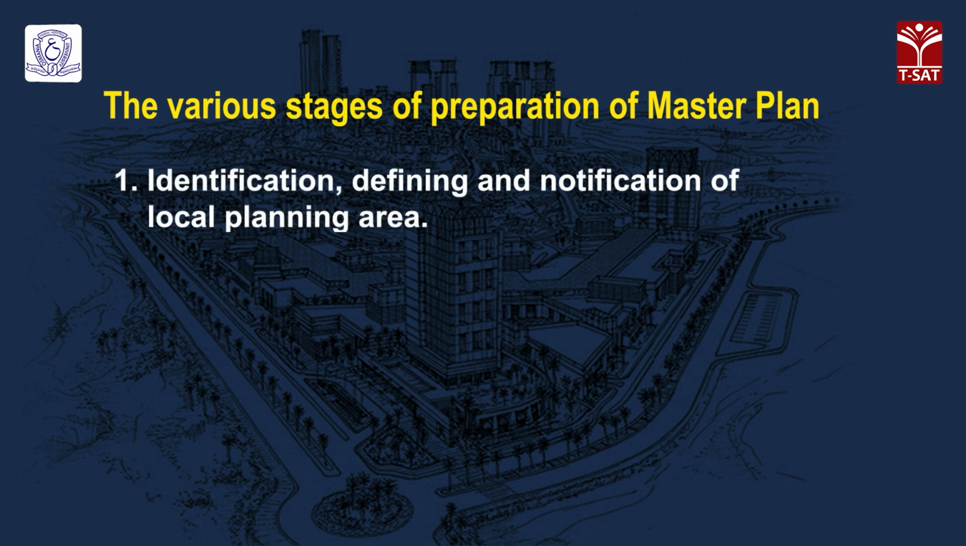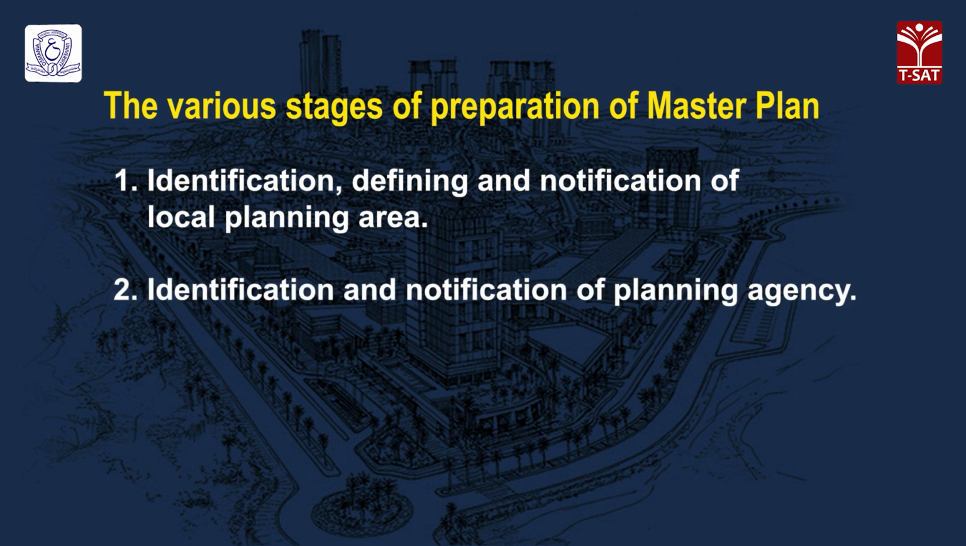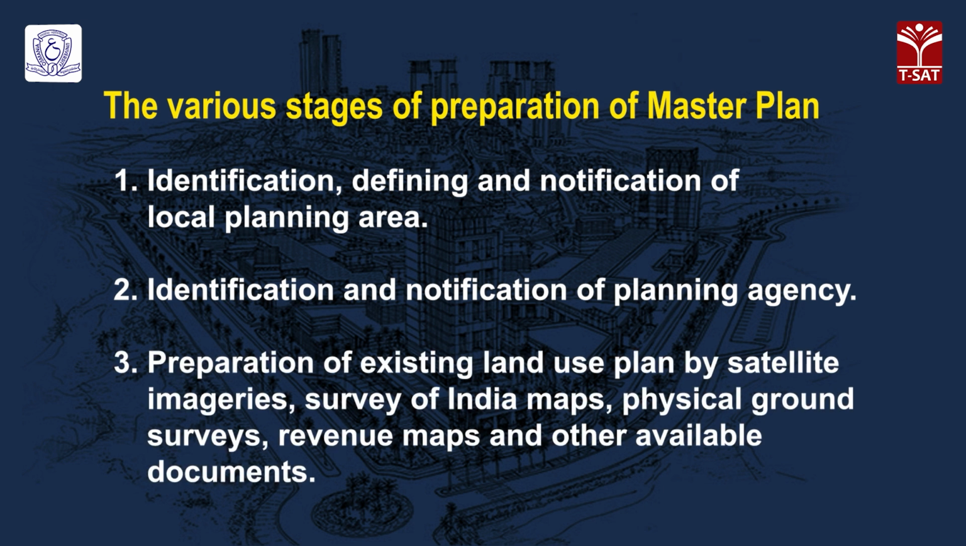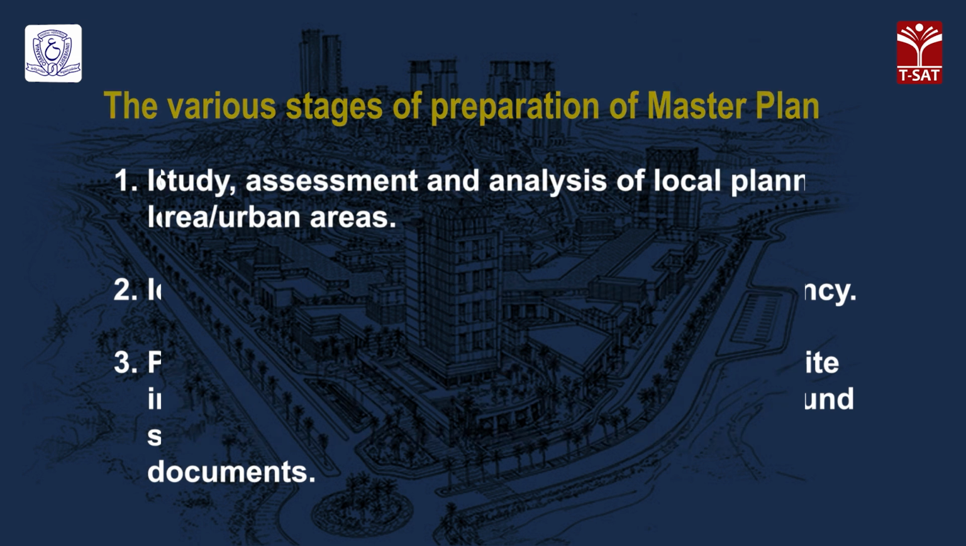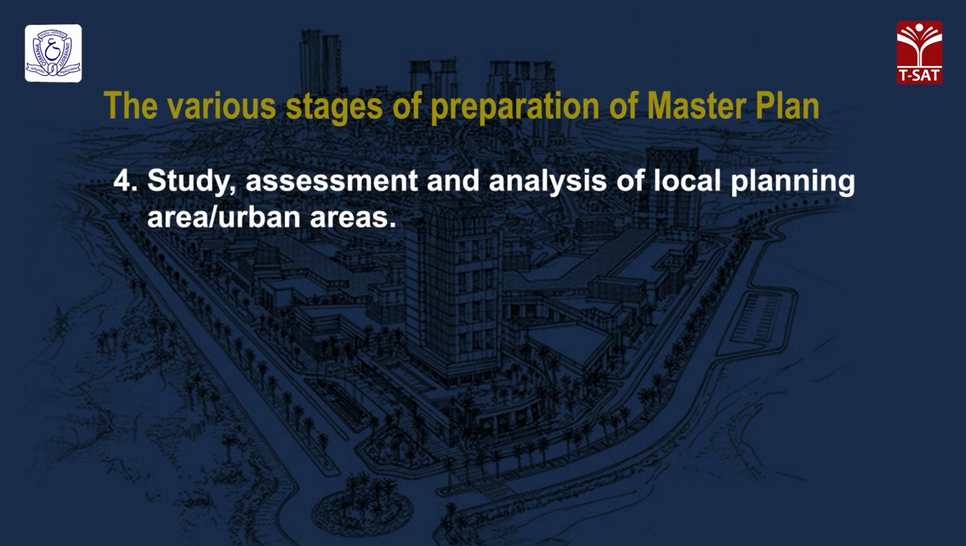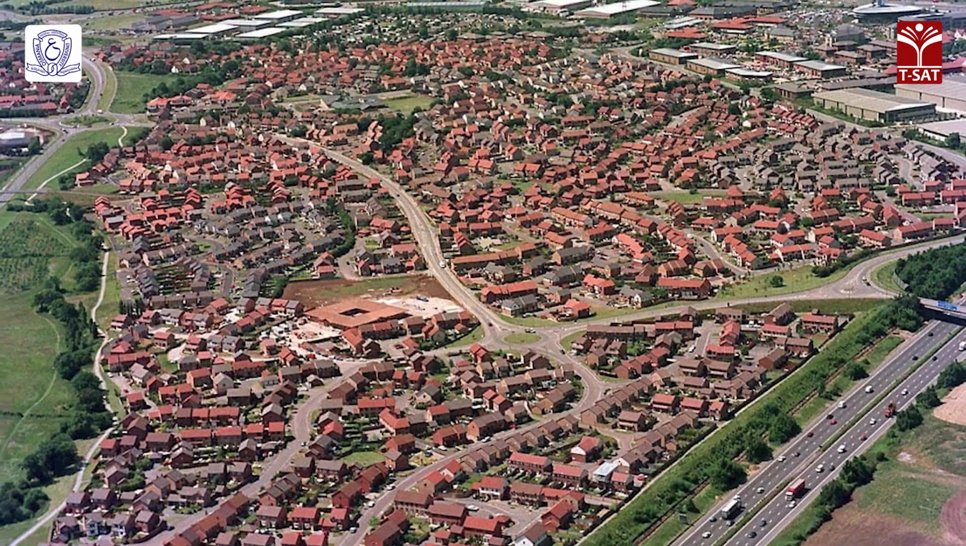Firstly, identification, defining and notification of local planning area. Secondly, identification and notification of planning agency. Thirdly, preparation of existing land use plan by satellite imageries, Survey of India maps, physical ground surveys, revenue maps and other available documents. Fourthly, study, assessment and analysis of local planning areas, urban areas in terms of regional setting, historical